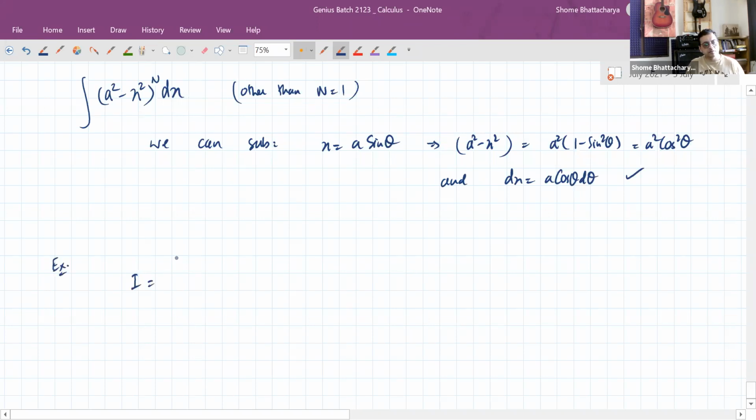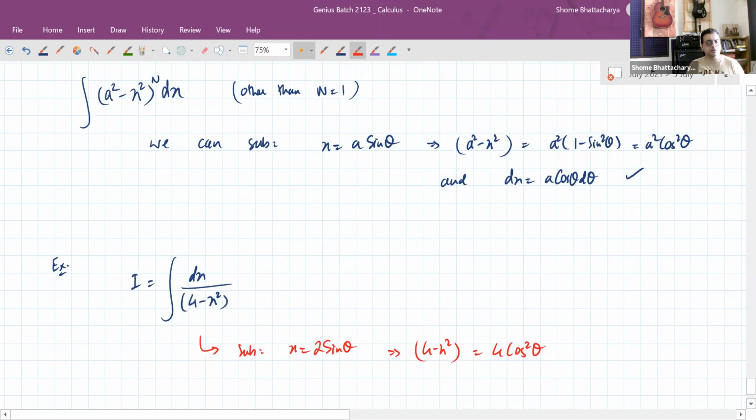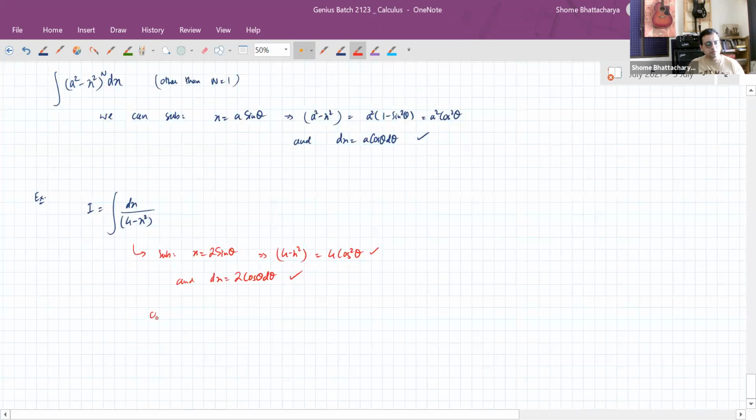suppose we have this integration. So here what we can substitute x as 2 sine theta. So the denominator just becomes 4 cos square theta. Okay. And in the numerator, this becomes this. So substitute these two, and the integration becomes